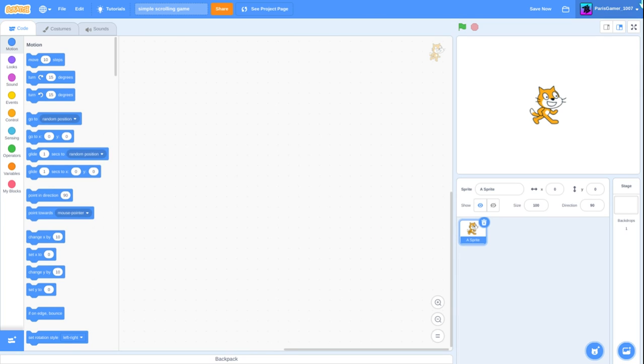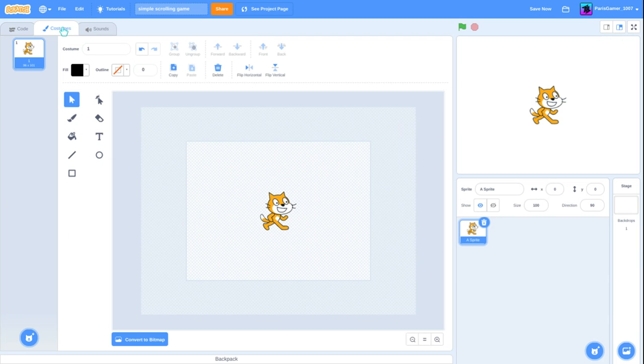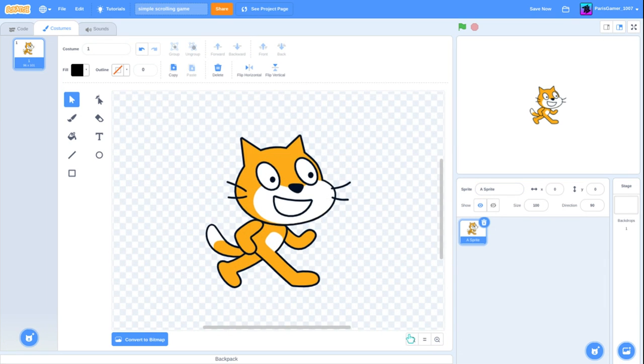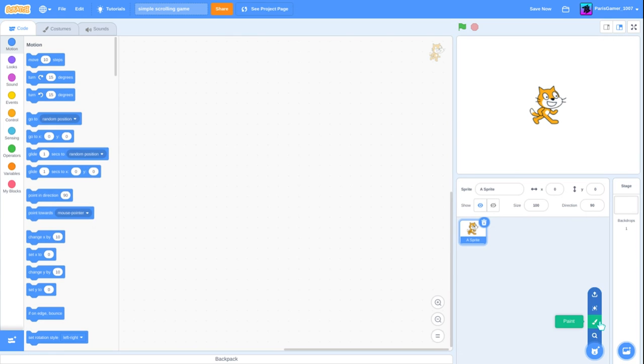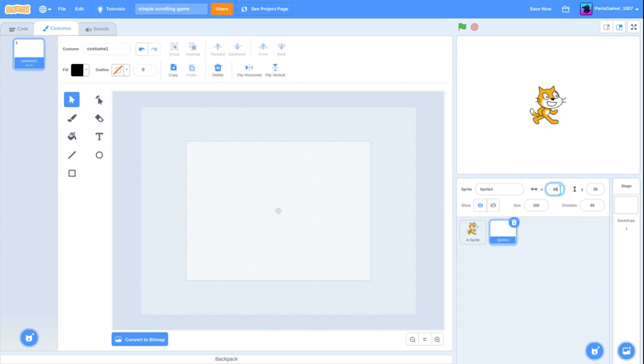Today I'm going to be doing a simple little tutorial on how to create a scroller game without using any variables for XY. So the first thing you want to do is get your own player sprite, right? Already got one. So now you want to create a new sprite. Make sure the X and Y is set to 0